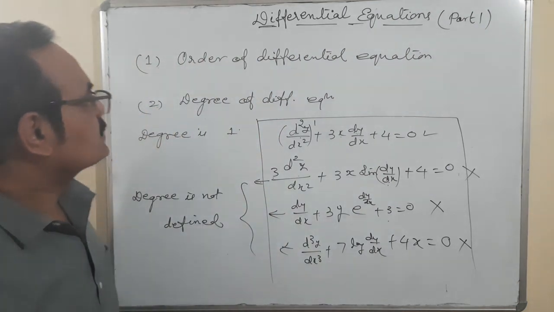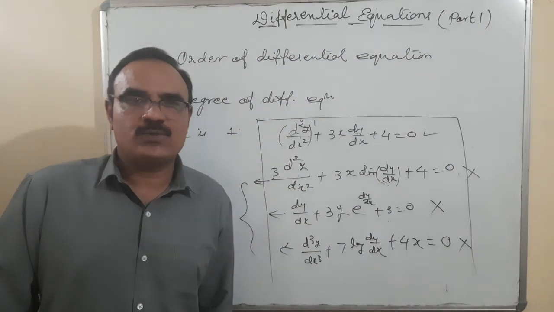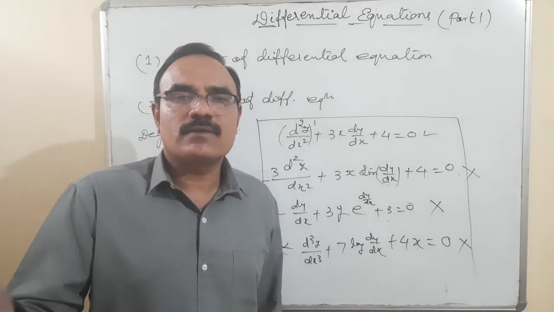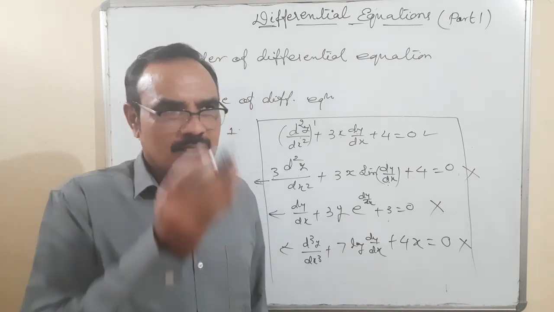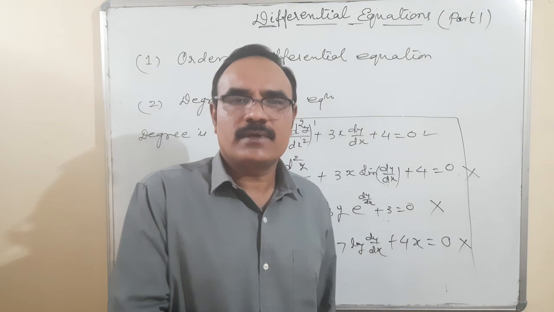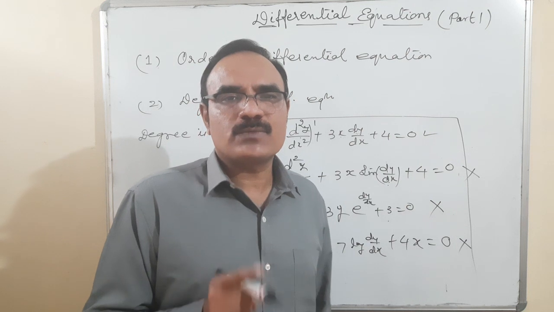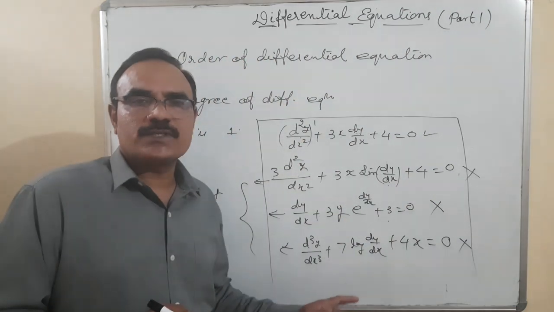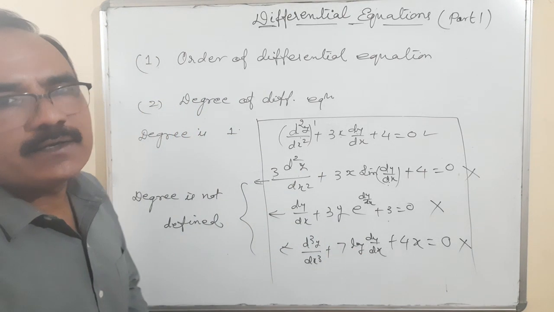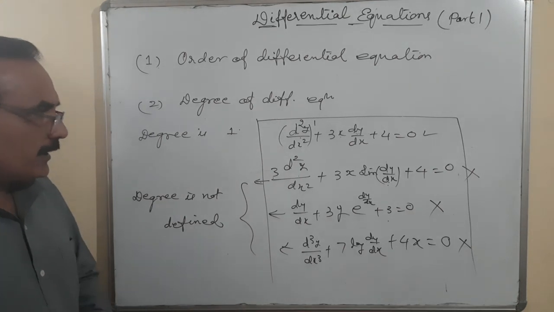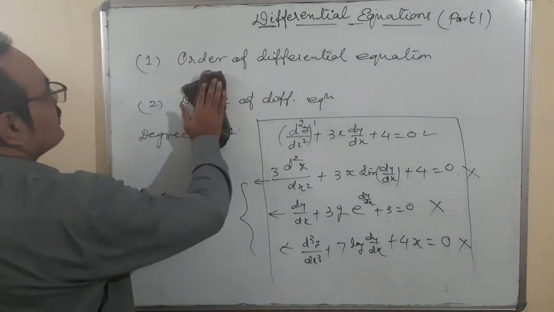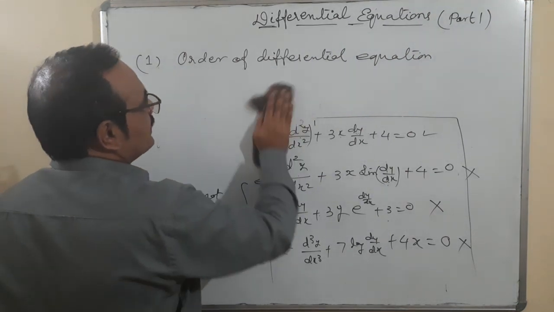Okay, so this is the difference between order and degree of differential equations. Order can be defined for all: first order, second order, third order, nth order, whatever it is. Simply look at any algebraic expression and find the highest order derivative; that is the order. But to find the degree, first we have to check whether the terms are in the form of a polynomial, yes or no. If they are not in the form of a polynomial, we cannot define degree. Is that clear? Because your first exercise is fully based on obtaining the degree and order of differential equations.